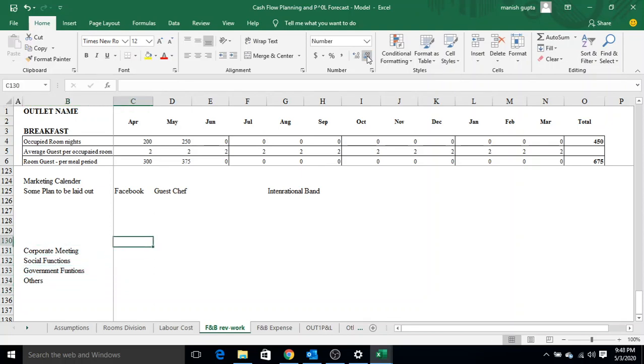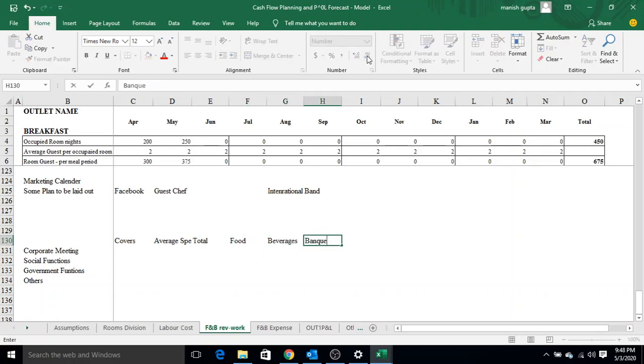Now here what you need to understand is the number of covers expected in the outlet, what is going to be the average spend in each segment, and then what will be the estimated total revenue. Here you need to have a further breakdown from the total average spending to food, to beverages, to the other banquet expenses, for example decorations, equipment rental,